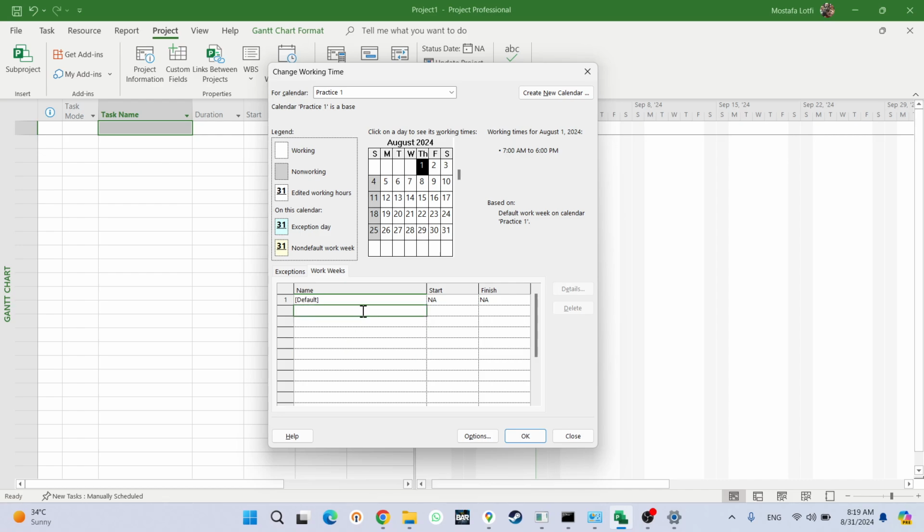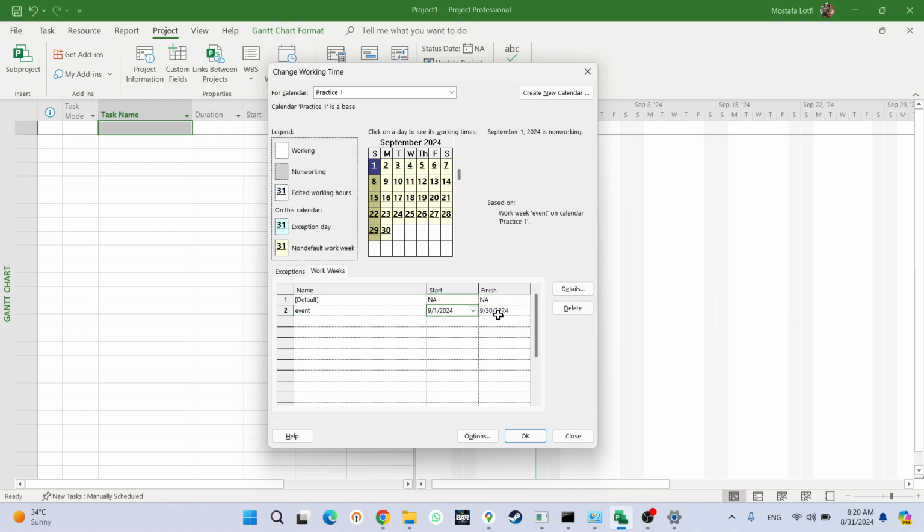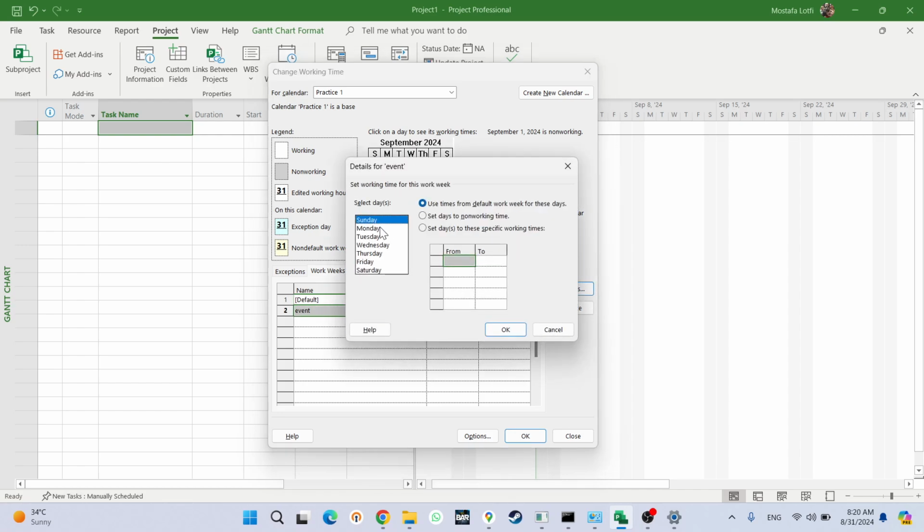Here I said, I don't know the name of that event. Here it's better to have a very detailed description so other people can also understand what's going on. Let's say August or September, from 1st of September to end of September. No, it's September, sorry, 1st of September and end of September. For this period of time I can select this record, go to the details and say,